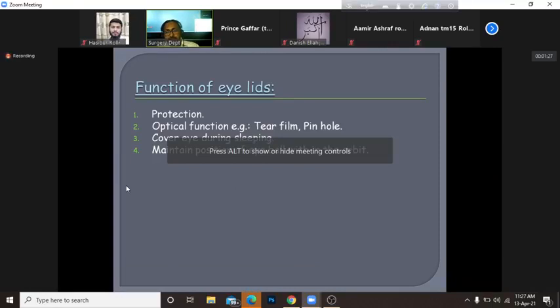Tear film must always be unbroken. If it breaks, a dry spot will appear, and our vision will become hazy. Sometimes during computer work or mobile work or in a cinema, your eyes become blurred because of lack of timely blinking. So the tear film is broken and eyes become hazy.